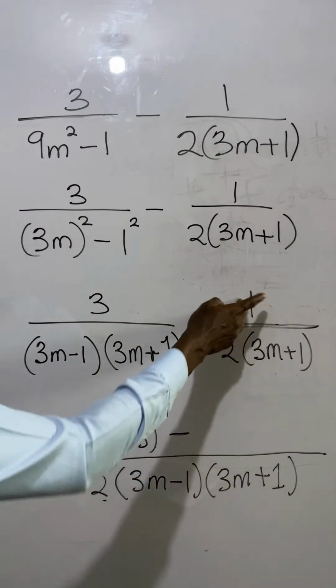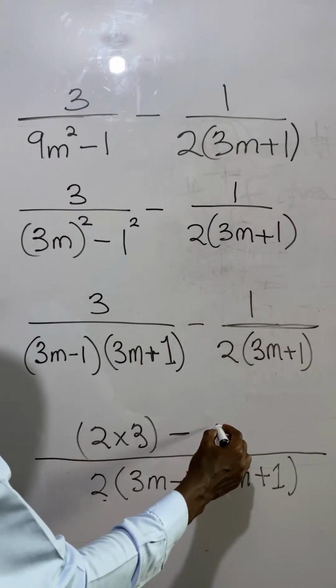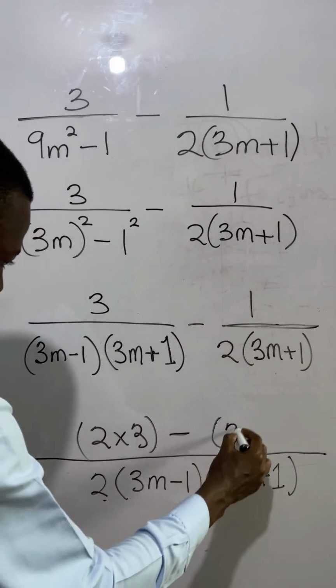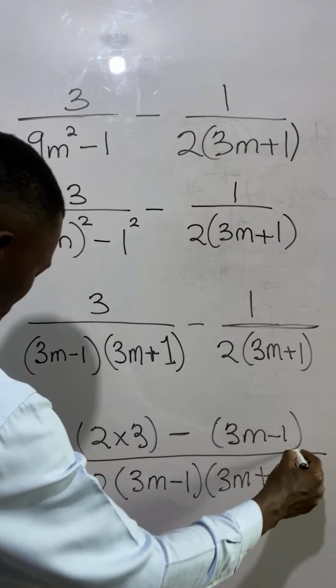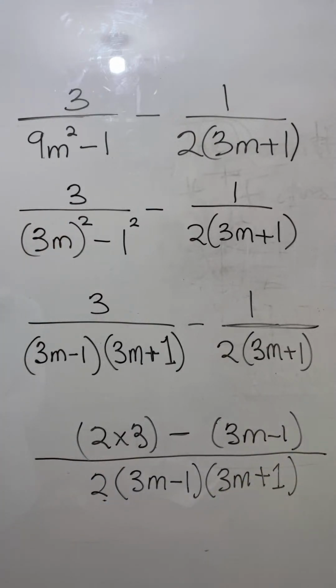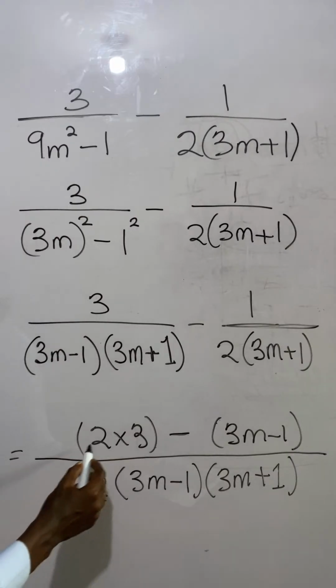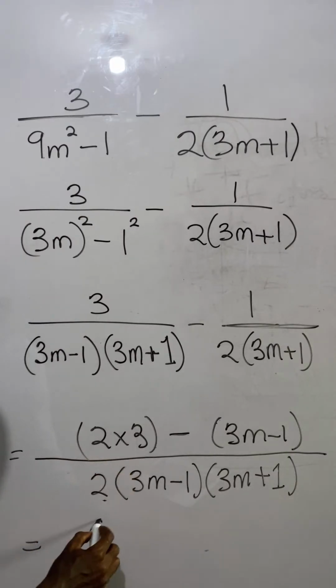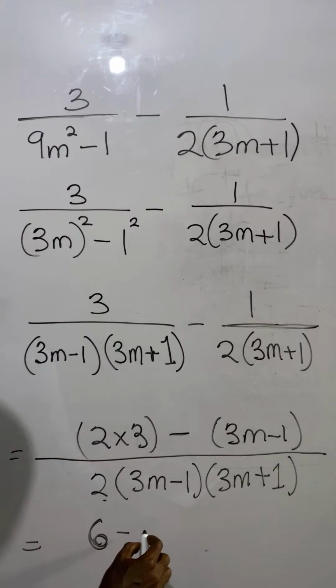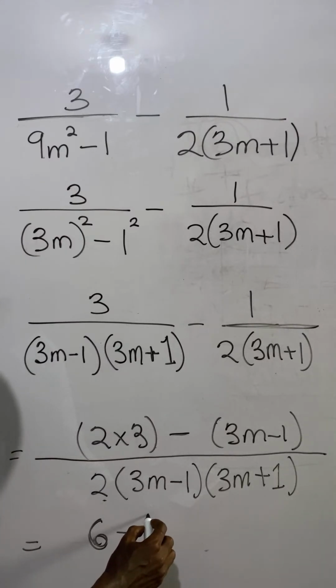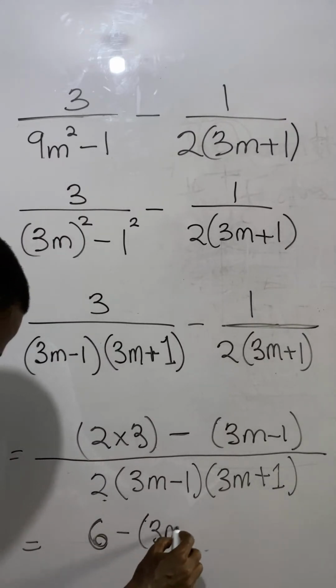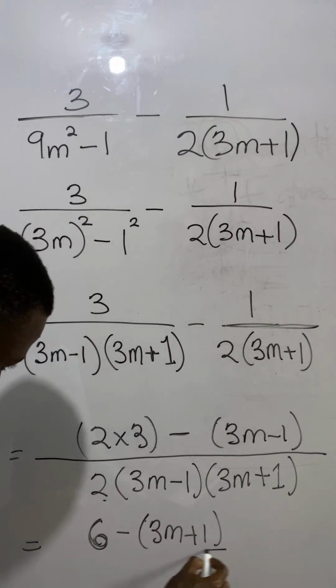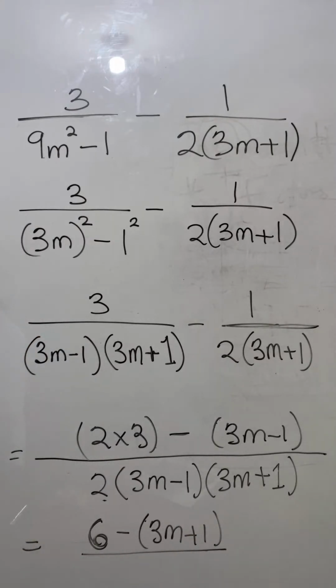And 3m minus 1 times 1 gives us 3m minus 1. So that is cleared out for us. So what do we have next? 3 times 2 is 6. 6 minus 3m plus 1, all divided by,